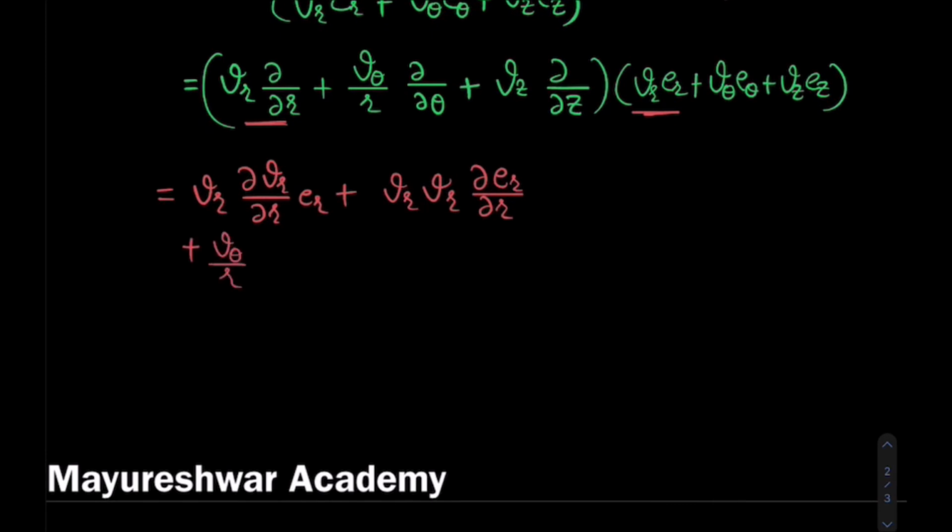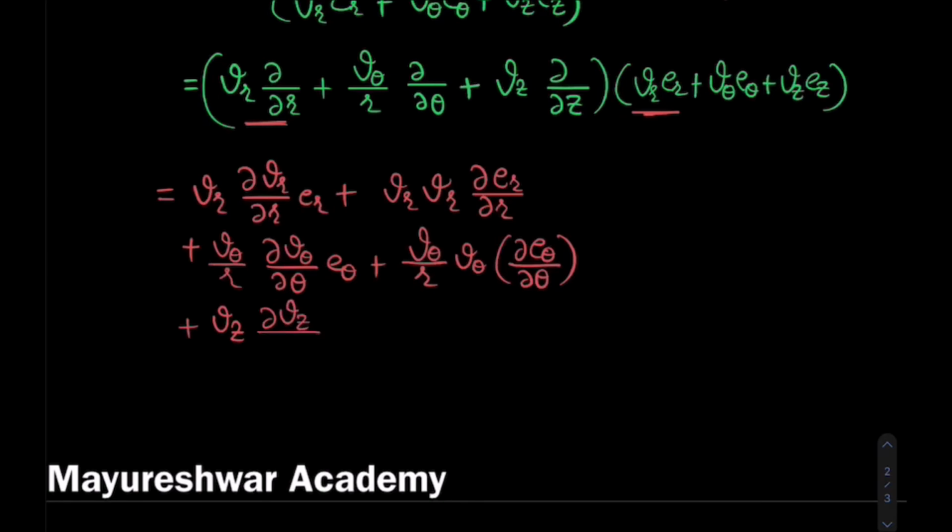Similarly, we are going to directly move to the theta differential. So v_θ over r, partial over partial θ of v_θ, keeping e_θ constant, plus now v_θ over r multiplied by v_θ, and now differentiate e_θ along the theta direction. So that is by the product rule of differentiation. So we covered the second term. Now the third term, similarly v_z ∂/∂z of v_z, keeping e_z constant, and similarly differentiate now e_z. Okay, so that completes our first definition of the respective differentials.